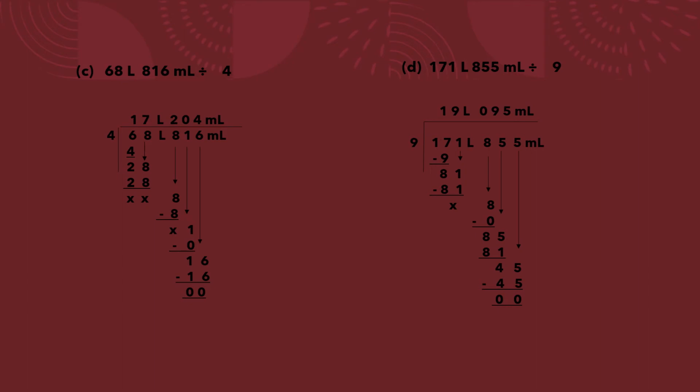It will become 85. Now read out the table of 9. 9 nines are 81, so you will write 9 on the quotient. So 85 minus 81 is 4. 5 minus 1 is 4. Then after that another number is written there, 5. Bring that down, it will become 45. Now 45 also comes in the table of 9 5 times. Write down 5 on the quotient part. 9 5s are 45. So 45 minus 45 is 0. Then milliliter is written. Write down milliliter above also. So your answer will be 19 liters 95 milliliters. And the remainder is 0.